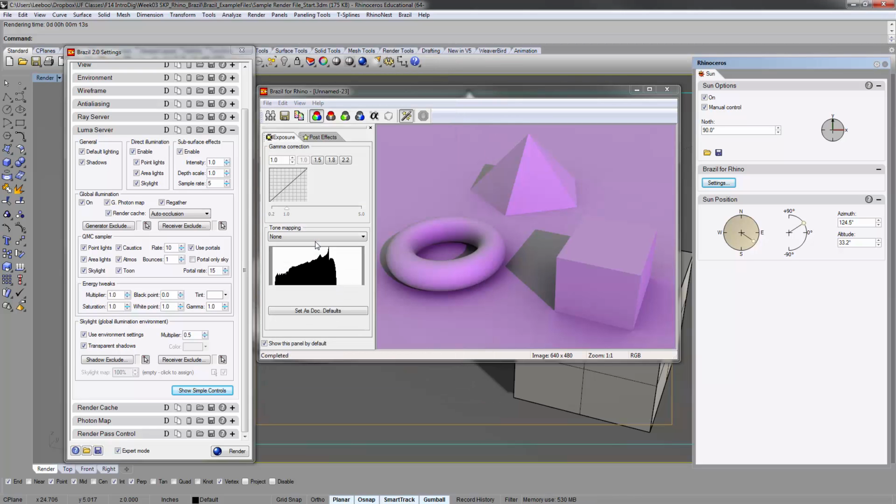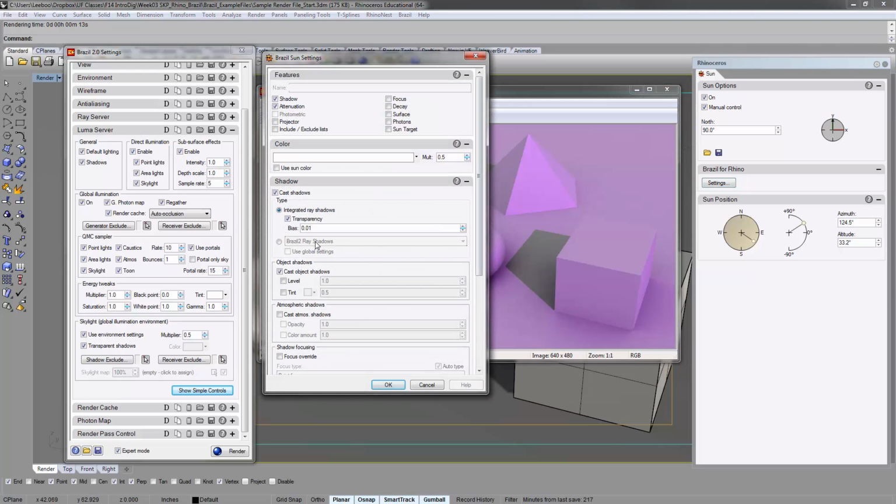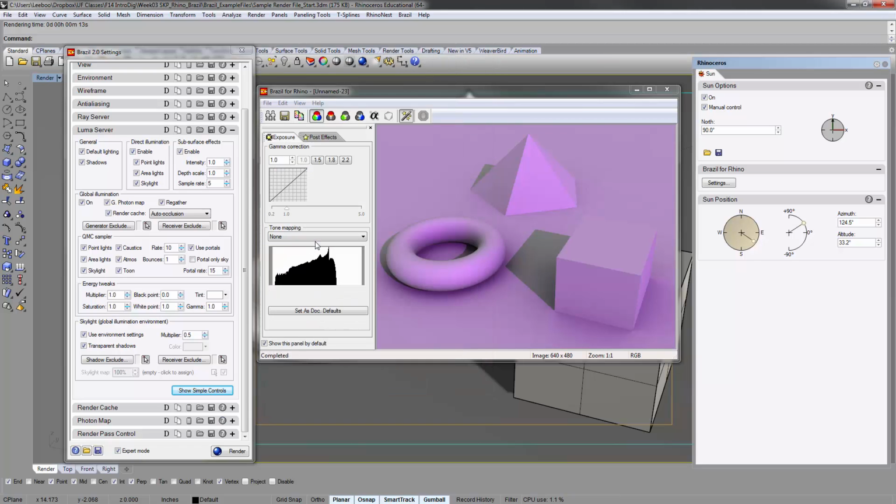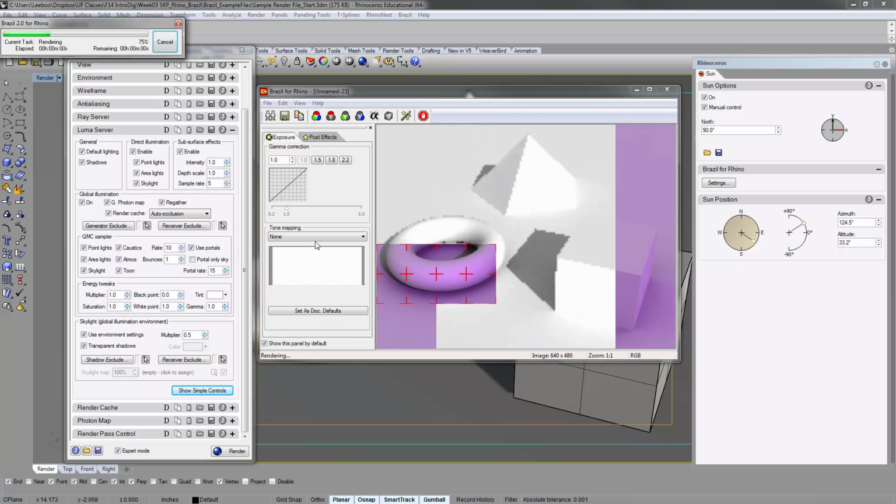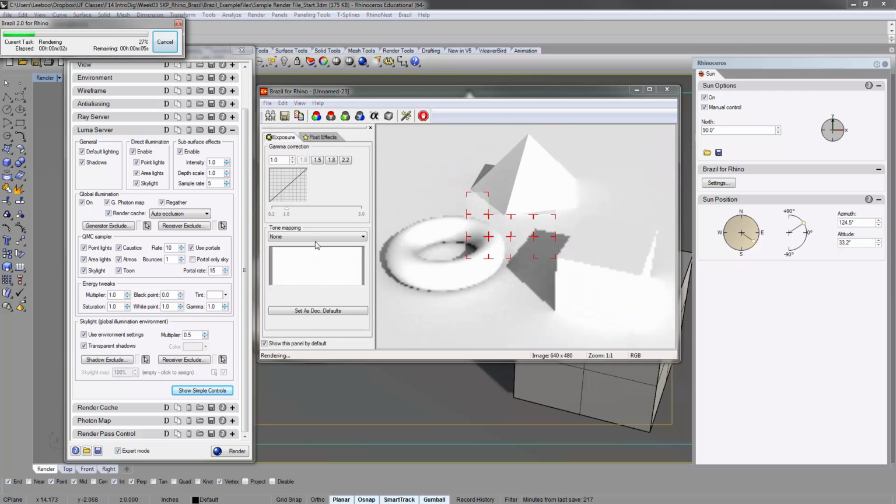All right. So what we're going to do is play between this setting here, the Skylight Global GI Environment Multiplier, and this setting here, just to see the difference. For the first one, I'm going to bump this up to 0.7 in the sun settings, say OK and render that. That gives you a slightly brighter scene,